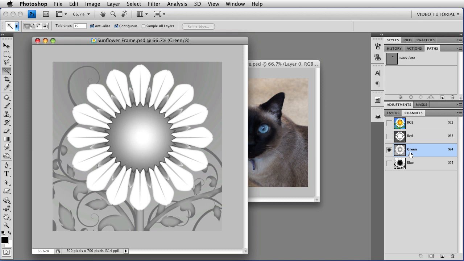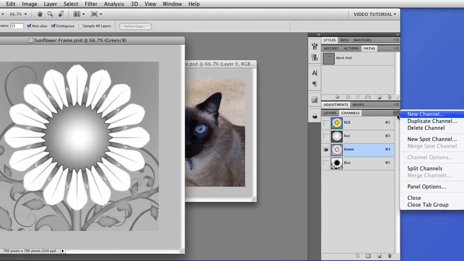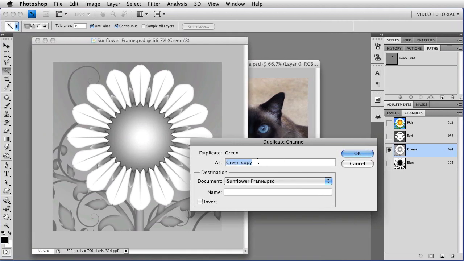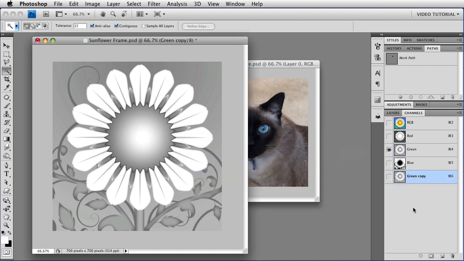have that dark line. Now in order to make this work, I'm going to need to manipulate it, and I don't want to do that with the actual green channel, of course, because that would mess up the colors of my image. So I'm going to make a copy of this channel by going to the flyout menu on the panel and choosing Duplicate Channel. Calling it green copy is fine. I do want it in the very same document where I am now, so I'm just going to click OK,